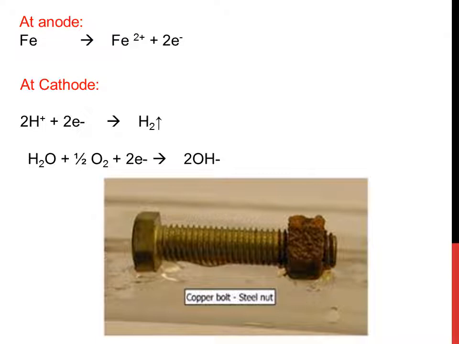So how to prevent this galvanic corrosion? How can the damage effect be minimized? Galvanic corrosion can be prevented through various methods. Always we can select metals or alloys which are as close together as possible in the galvanic series. If they are placed close to each other, the difference in the potential is also less, so they are